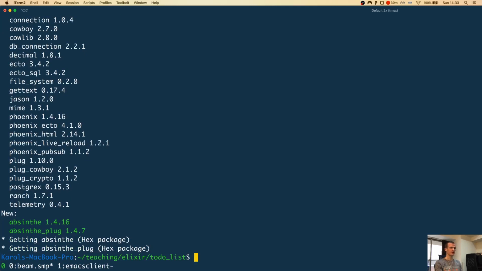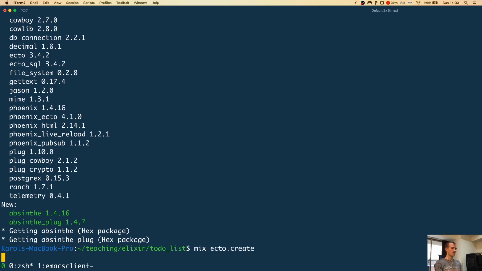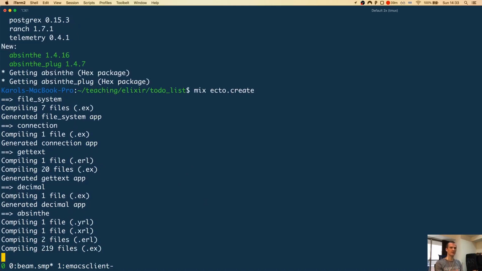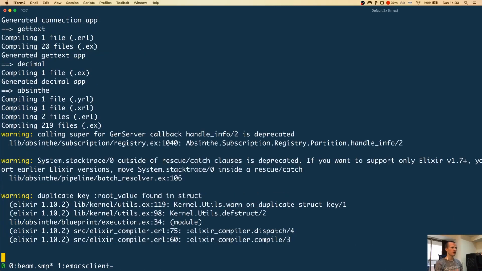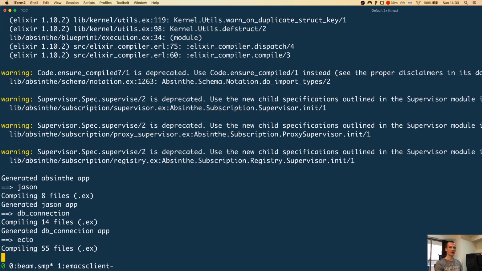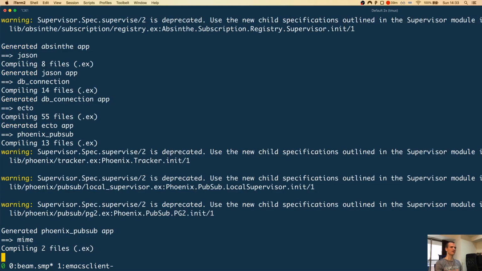Before we start implementing a GraphQL API, we also need to create a database for our application. The command to do this is mix ecto.create. It will first compile our application, and in this command, Ecto is the name of a library that talks to the database, casts our data to correct